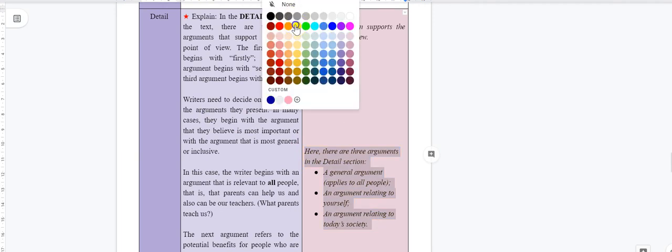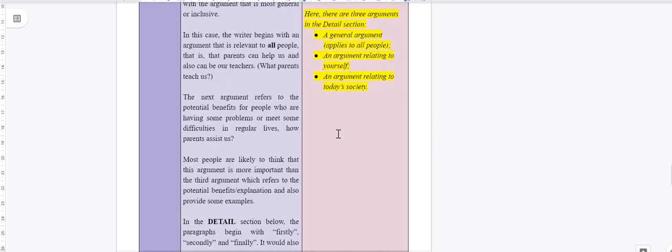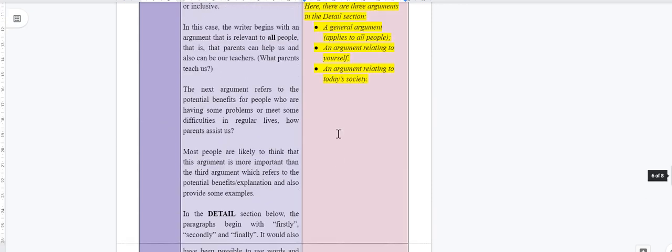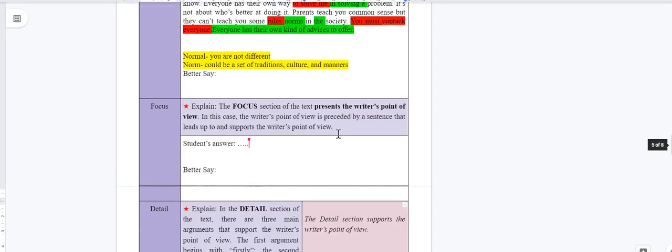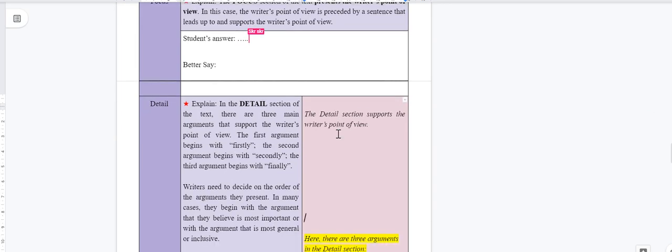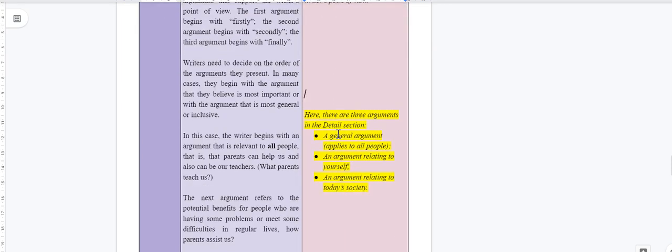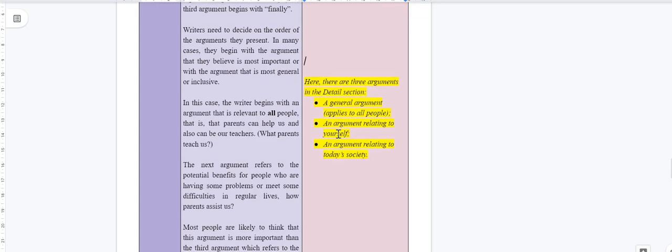Can you see the one highlighted in yellow? On the detail section, below focus. Yes. So here, what happens is that when you're writing an argumentative text or an argumentative essay,